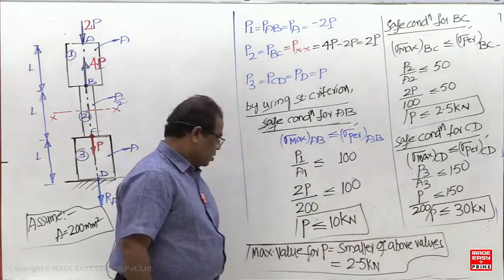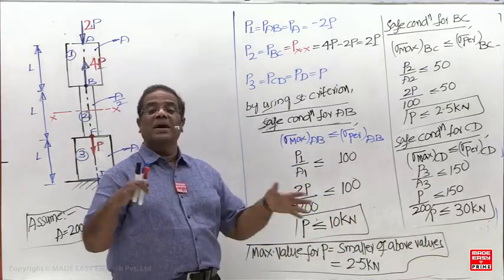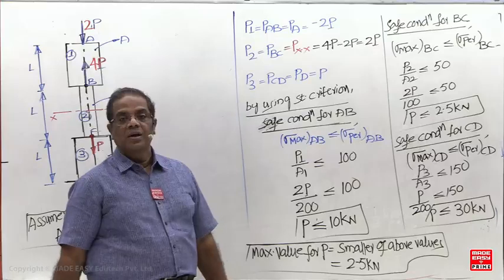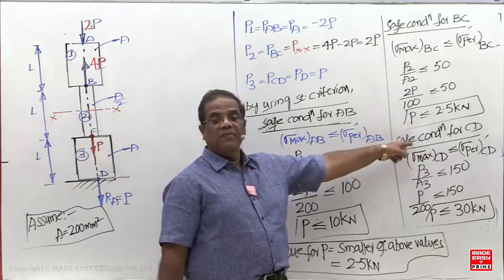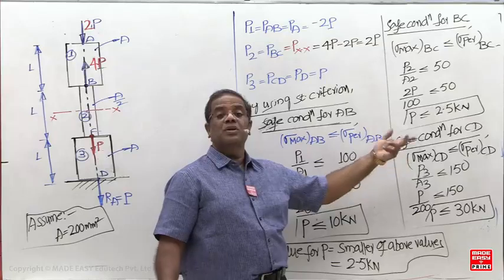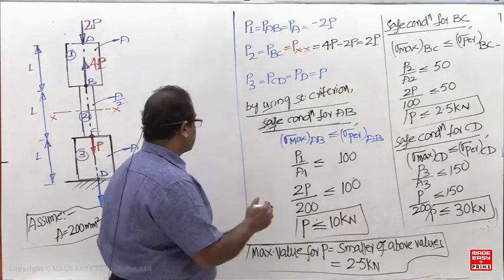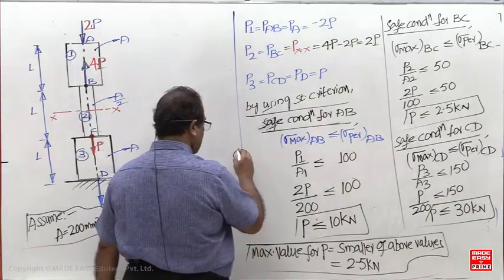So if it is 2.5, what happens? All the bars are going to be safe. All the bars are safe. But most of the students, options are given as what now? 30, 2.5. So somebody is going to give the 3. If it is an MCQ question, options are given